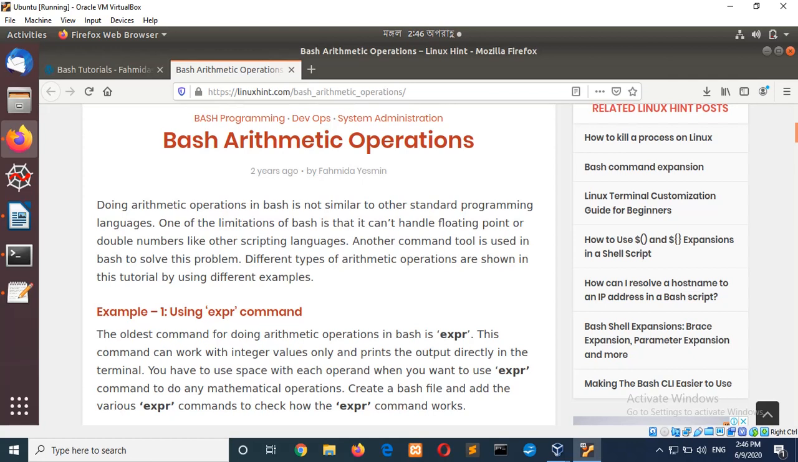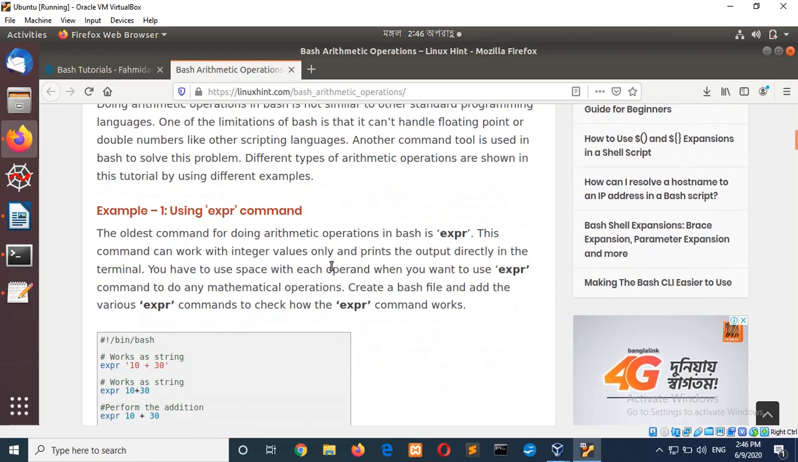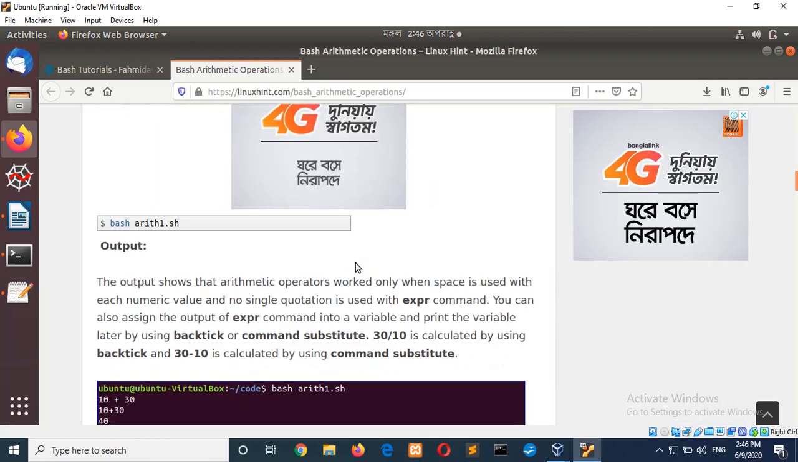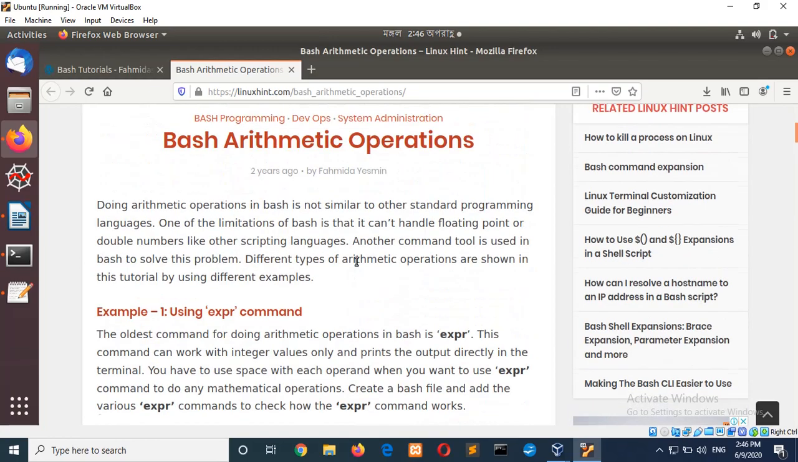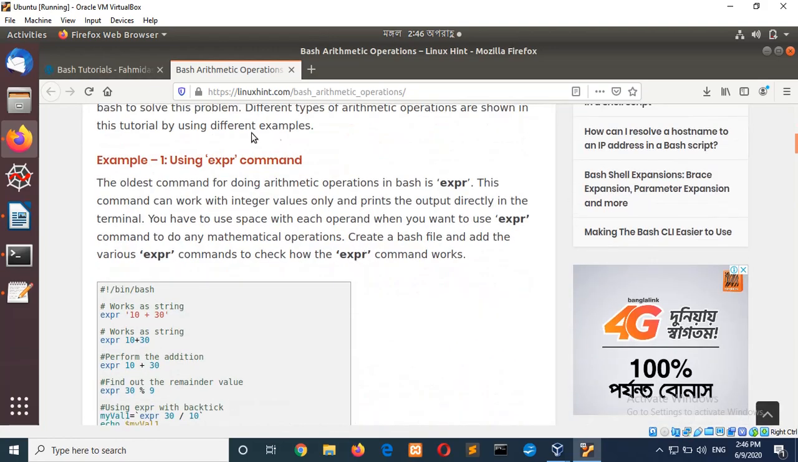This tutorial shows the arithmetic operation in bash. The arithmetic operation in bash is totally different than other programming languages. So here multiple ways are shown to do arithmetic operation, and example one is using the expr command, which is